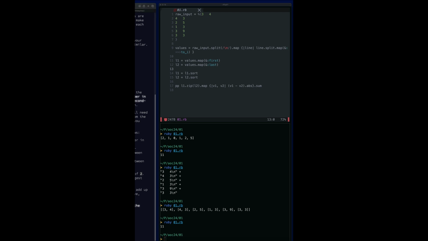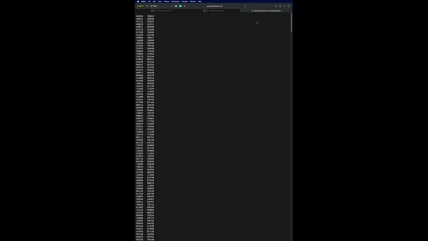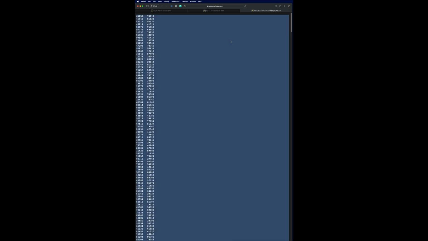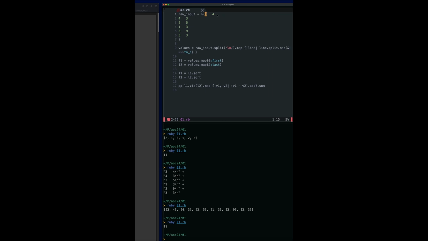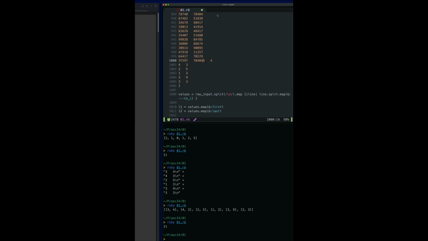So now it's time for the big challenge. We're going to go back here and get the full puzzle input. We're going to copy it. So we're going to go back over here to the code. We're going to remove, actually, no, let's add the new data first. So here's that new data. Yep, there's 1,000 lines of it. And then we'll just get rid of the old stuff. So we'll quickly check that we've got something reasonable at the top here. Yep. So if we save that away and we run our code again,